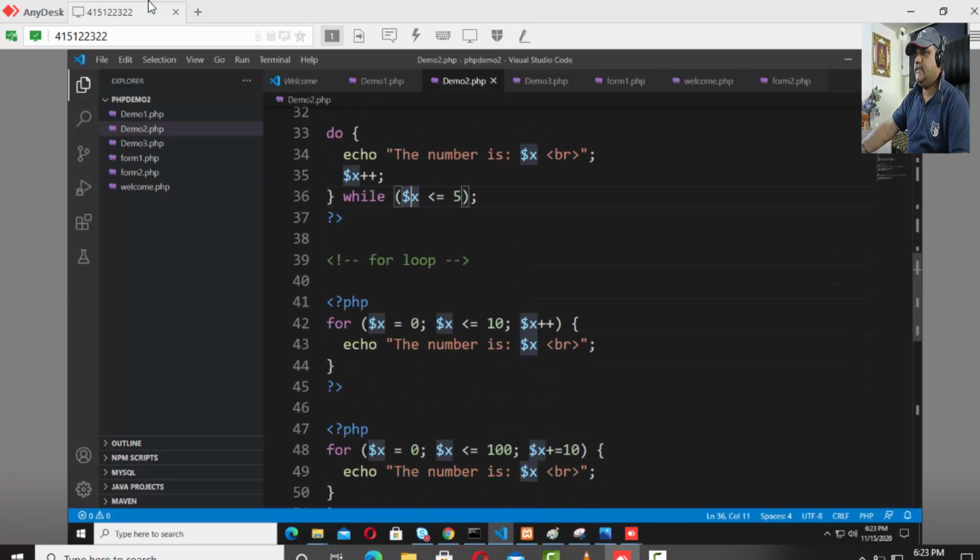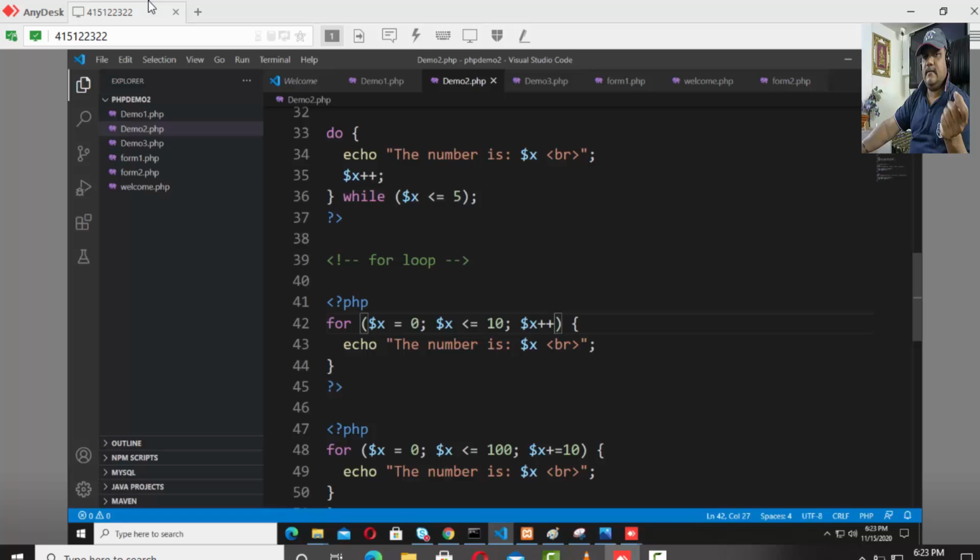And then we have an example of a for loop. When the counters and the iterations are known, finite iterations are there, then that time you have to use a for loop. So all the three conditions, start value, stop value, and step value, are known to you. For x equals 0, x less than equals 10, x plus plus